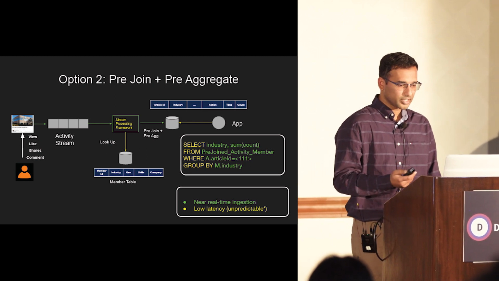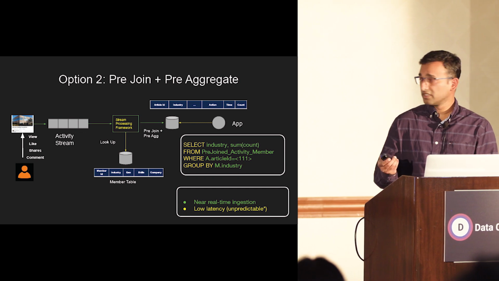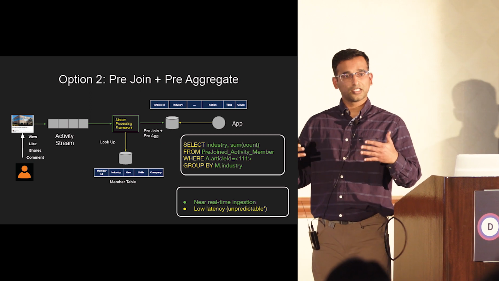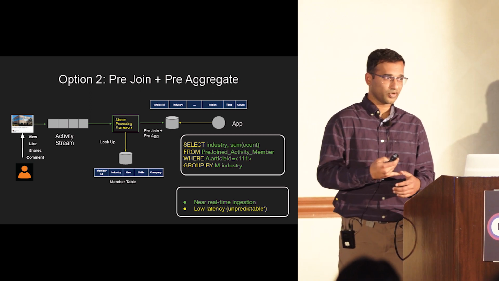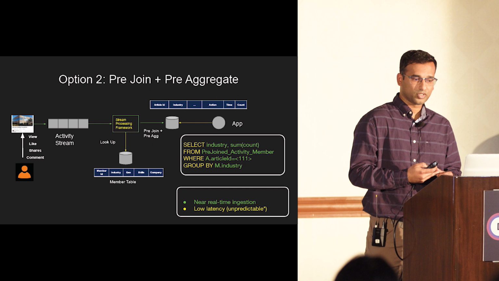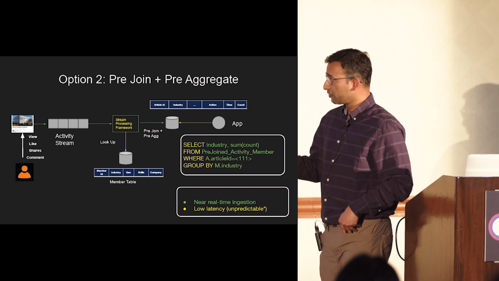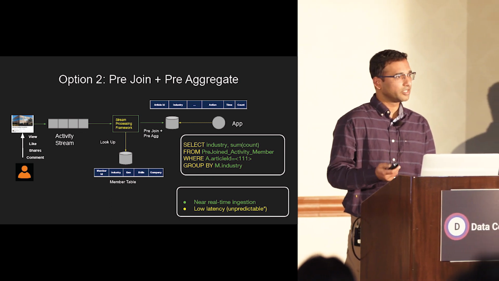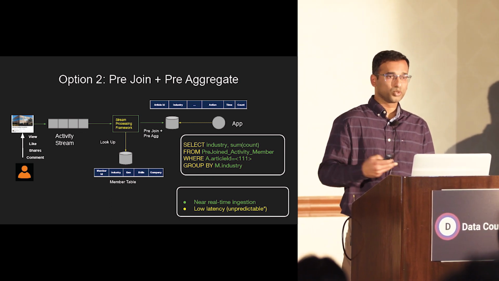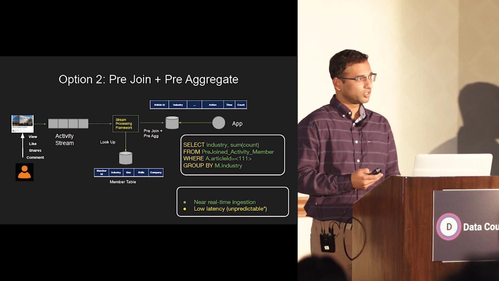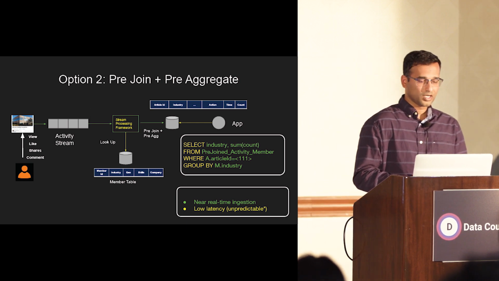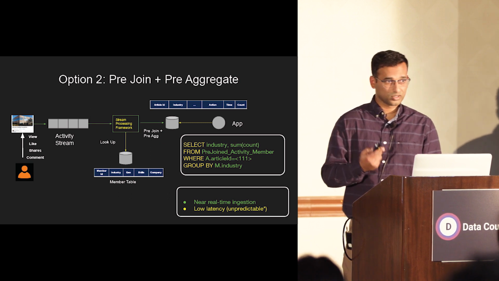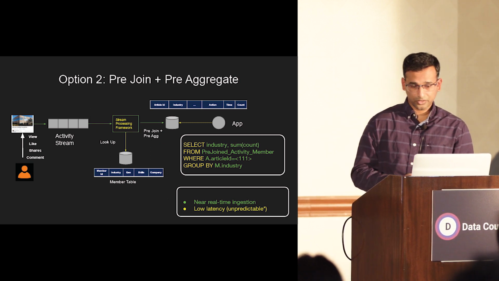So you look up the database member table, and then you ingest another event into this. Now this event actually contains everything that you need. It contains the member profile and all the attributes of the member, along with article ID and the action. And now the app is quite simple. It doesn't involve any join, but it can just directly query this single table, and it should be able to aggregate. And the good thing about this for latency is it's near real-time ingestion.